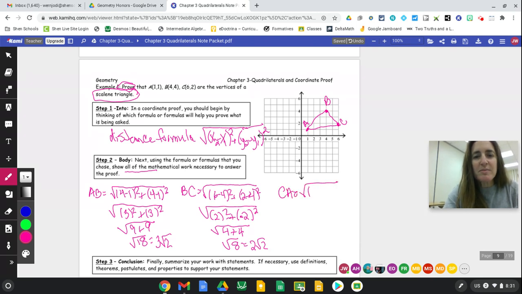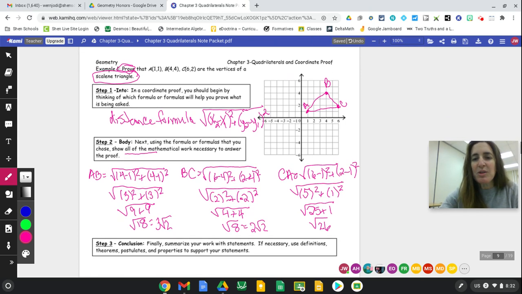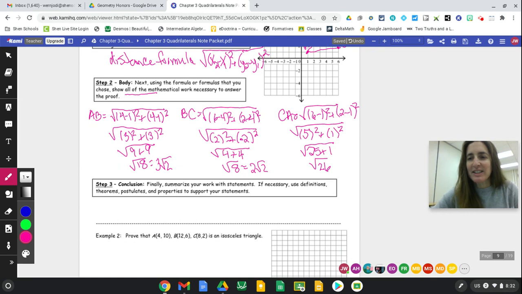And so that's going to be 6 minus 1 squared, and then 2 minus 1 squared. 6 minus 1 is 5 squared, and 2 minus 1 is 1 squared. So now I have 25 plus 1, which is radical 26. And radical 26 does not break down, and all 3 sides are not equal in length. Fantastic. Okay, so our mathematics there justifies that the triangle is scalene, and now I'm just going to write my